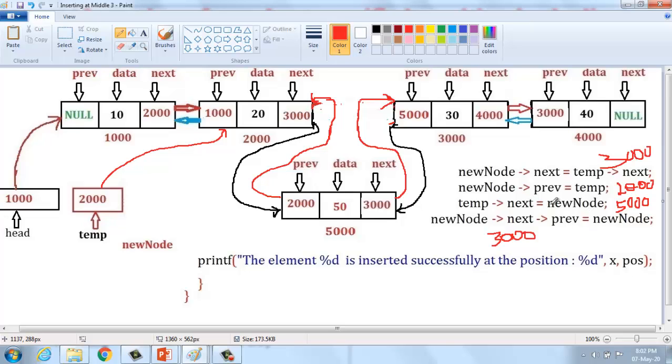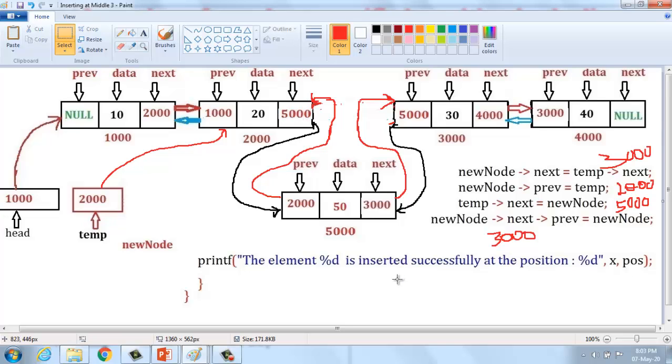Temp of next equal to new node, so temp of next should be changed into 5000, because only then can we create a link. We have created a proper link.